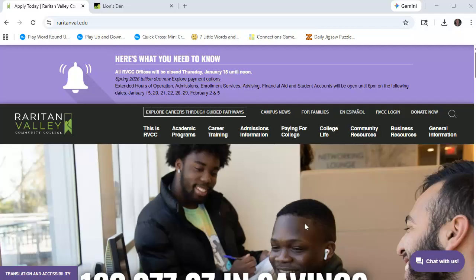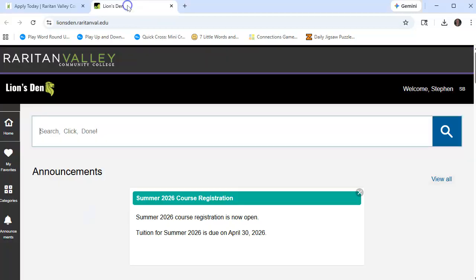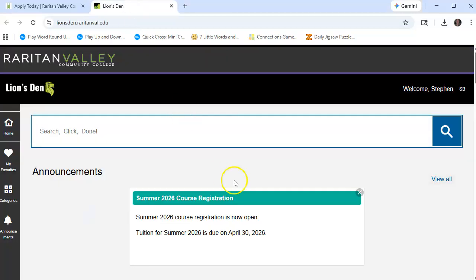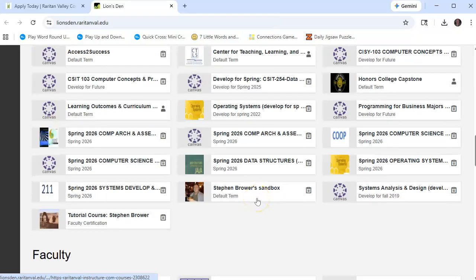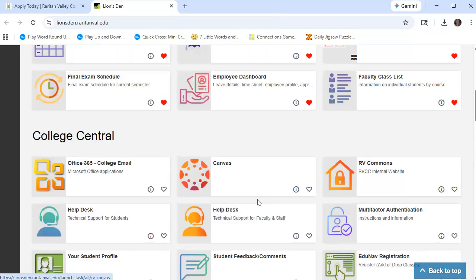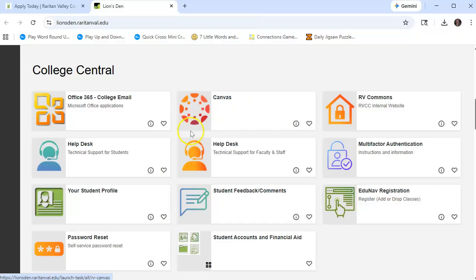So one, from the Art Valley page, you can actually go and do the RVCC login. I'm assuming since you got an email from me that at least you can access your email, so you should be able to get into the RVCC logon, which will get you to Lion's Den. Your Lion's Den will look a little bit different than mine, but what you should have is somewhere here a Canvas tile, and when you click the Canvas tile,